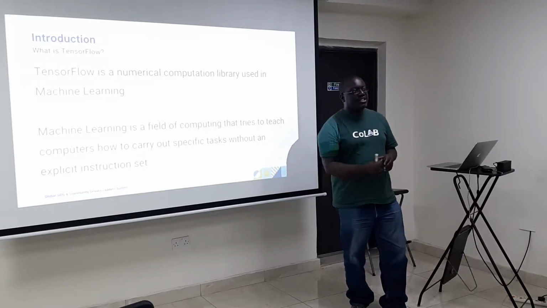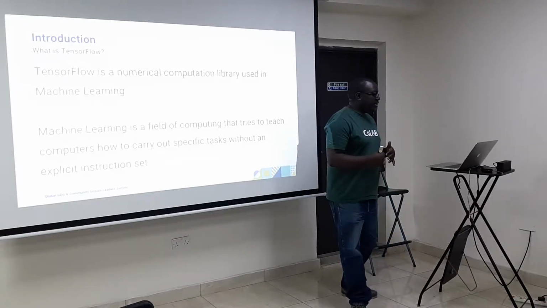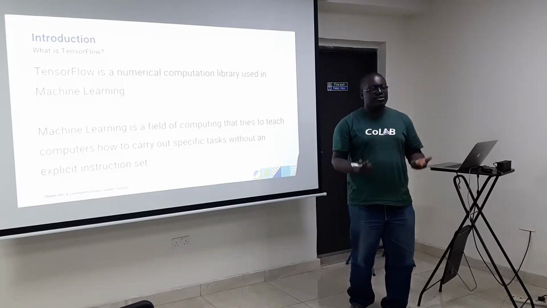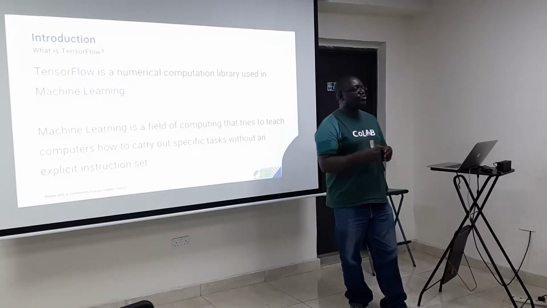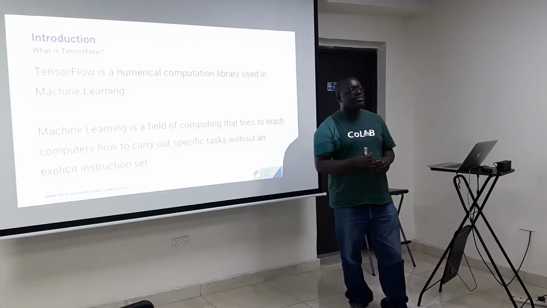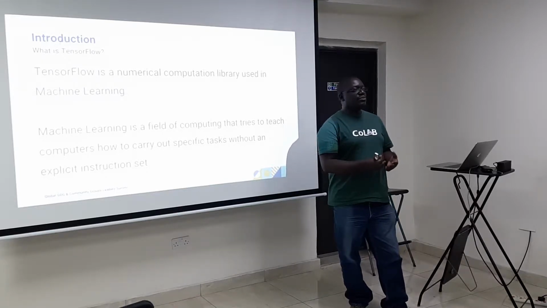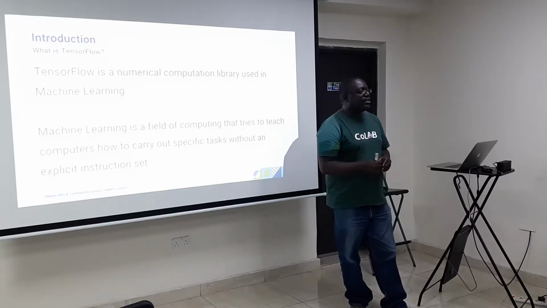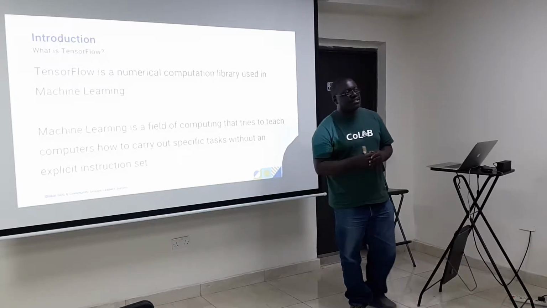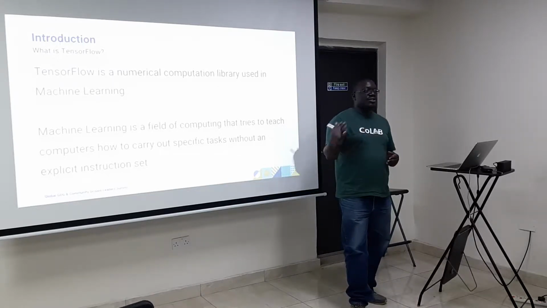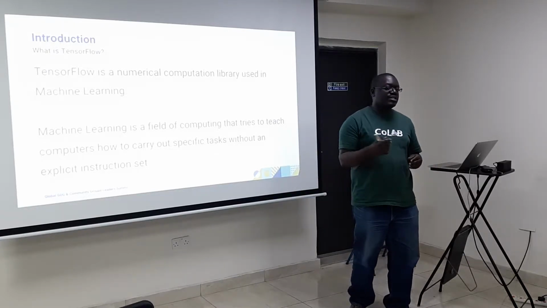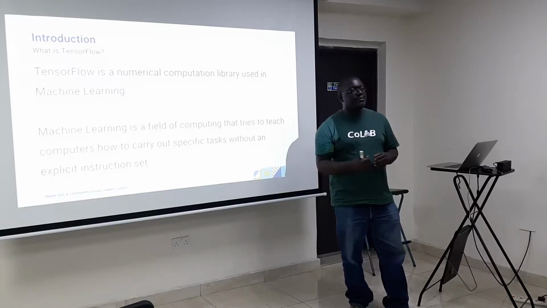That's where machine learning comes in. What machine learning does is it works with examples. Instead of writing rules, you provide examples, and then the computer takes a look at those examples and figures out what it needs to do. That's a high-level explanation. But basically, if you want to teach a computer how to tell the difference between apples and oranges, you get lots and lots of pictures of apples and lots and lots of pictures of oranges.